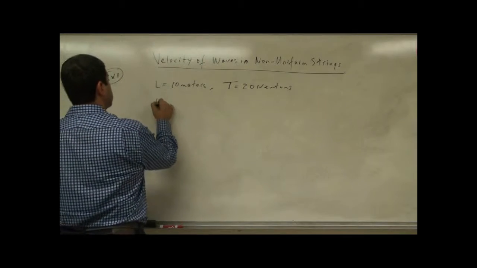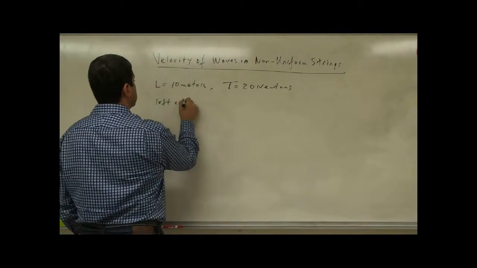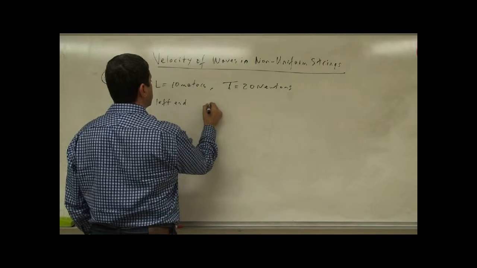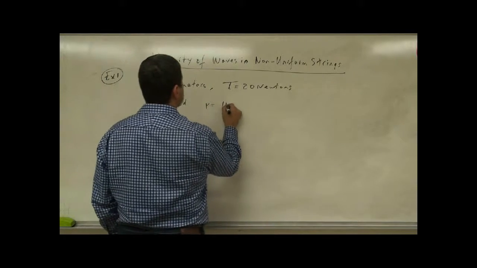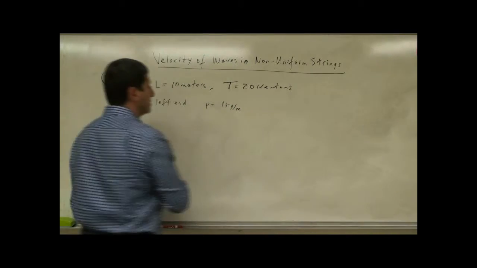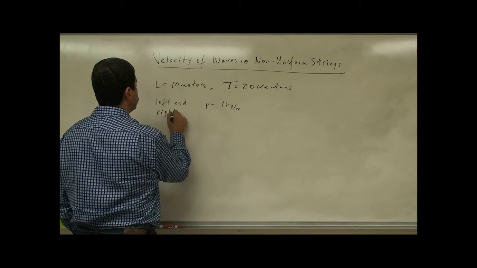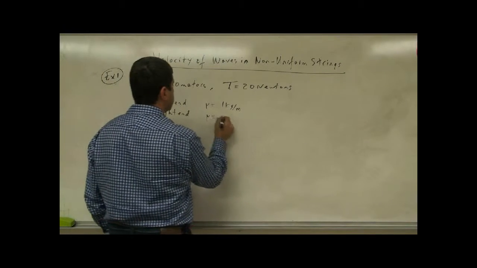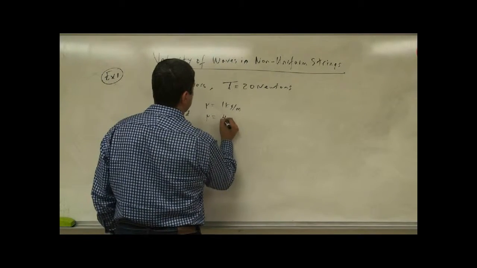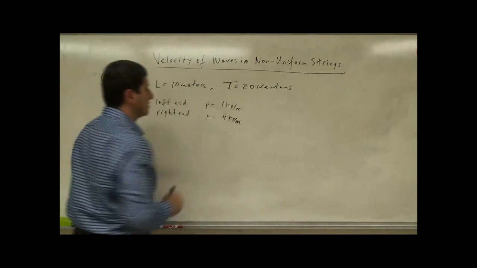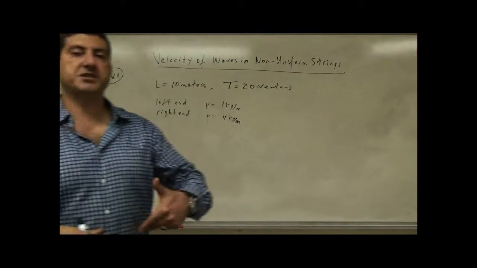At the left end, the density is equal to, let's say mu is equal to 1 kilogram per meter, right? I'm just making it an easy number. And then at the right end, the density is equal to 4 kilograms per meter, right? And let's say the density is increasing